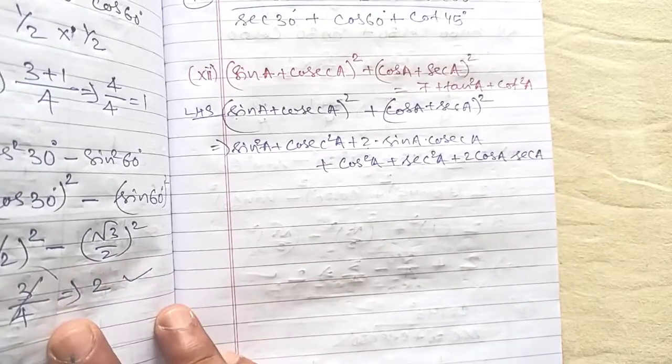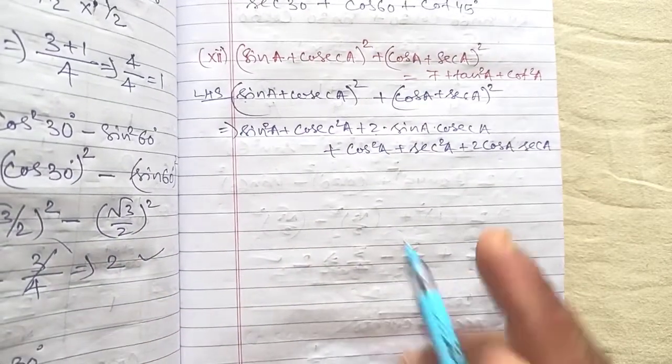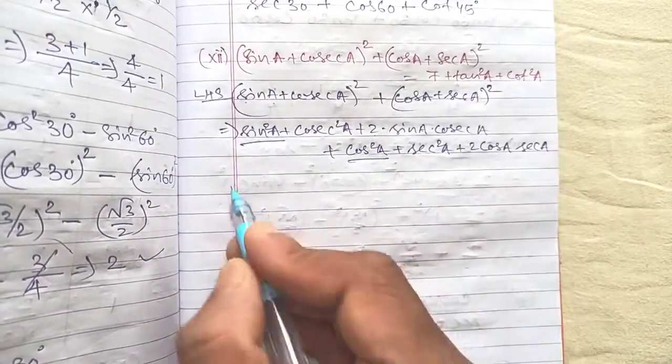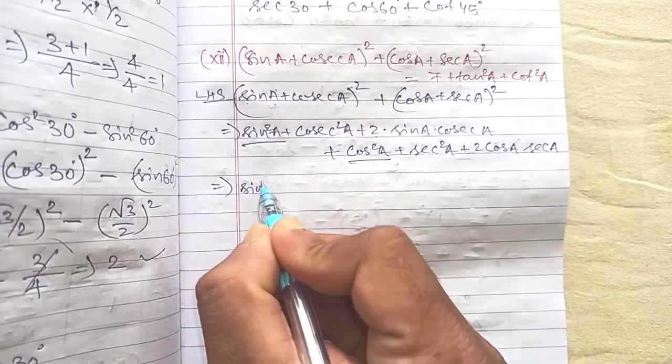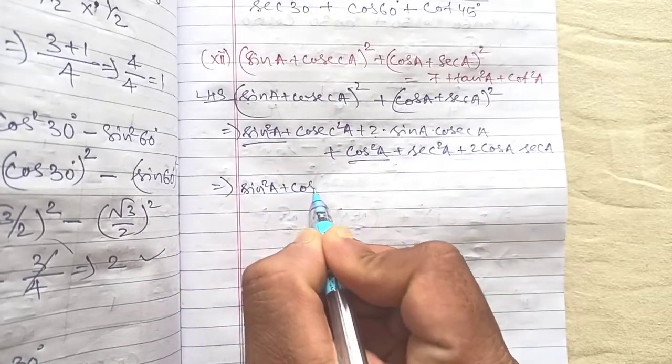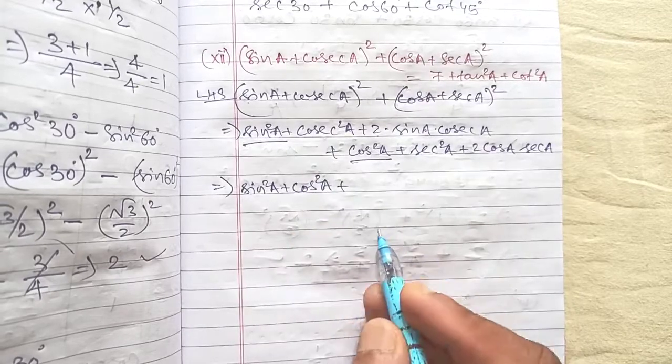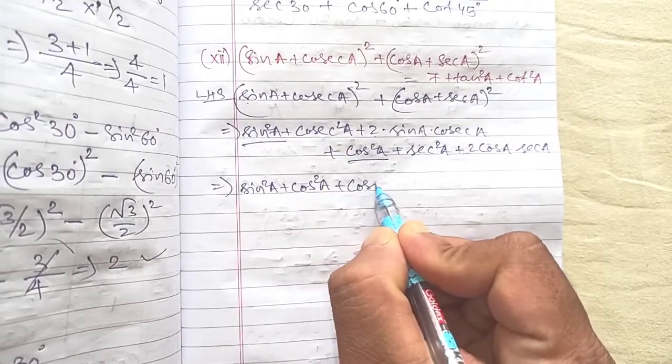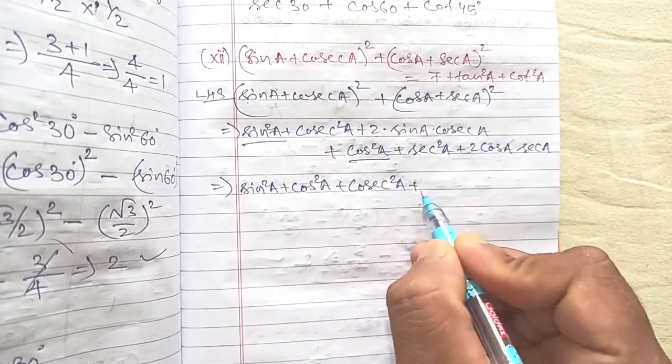Now we know the formula, sin square a plus cos square a is 1. So we will arrange these two together, sin square a plus cos square a. What is left? Cosec square a is left plus sec square a